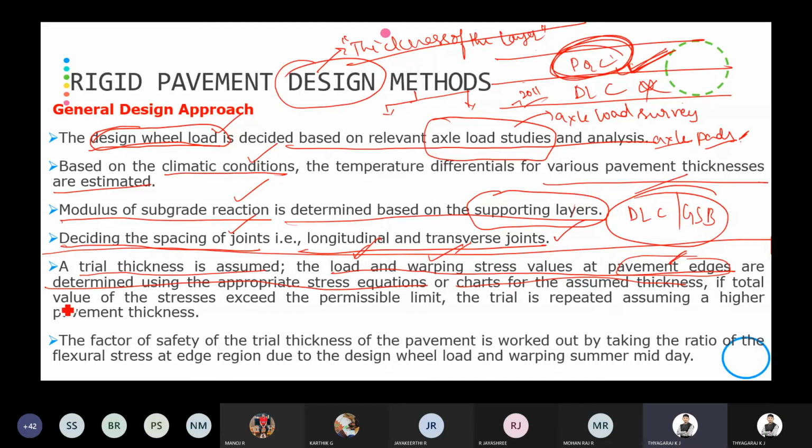Then if the total value of stress exceeds the permissible limit, the trial is repeated assuming a higher pavement thickness. For example, they have restricted the wheel load stress to 2 kg per centimeter square. But when we assume 25 centimeter as the thickness, and we get around 2.5 kg per centimeter square as the stress from the equation,